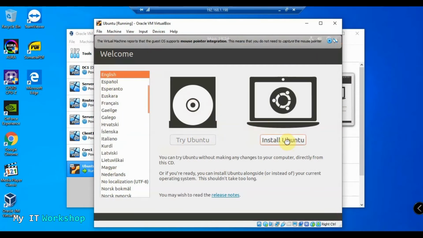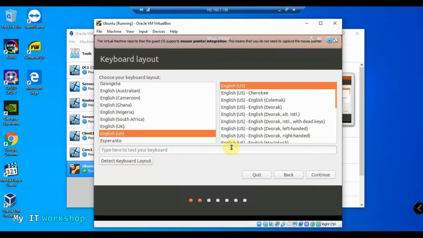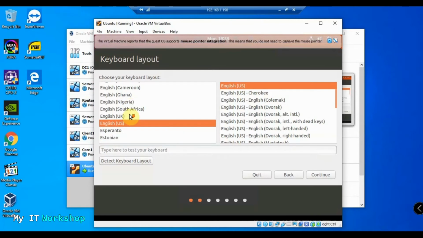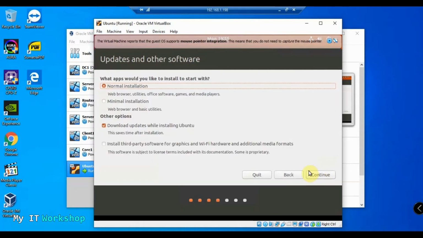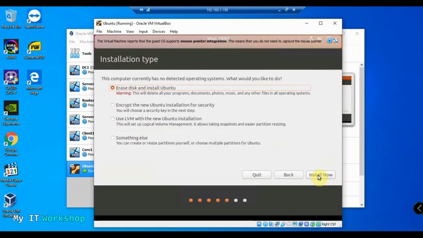Install Ubuntu. Next is going to ask us the keyboard layout. By default English is selected, but you have many other options. So I'm just going to leave it like that. Continue. Normal installation, yes, that's normal installation. So that's with the GUI, graphical user interface. There is another version for Ubuntu, which is the server, and that's only command line. But for this case, we're going to do it with the graphical interface, and it's going to look like Windows,